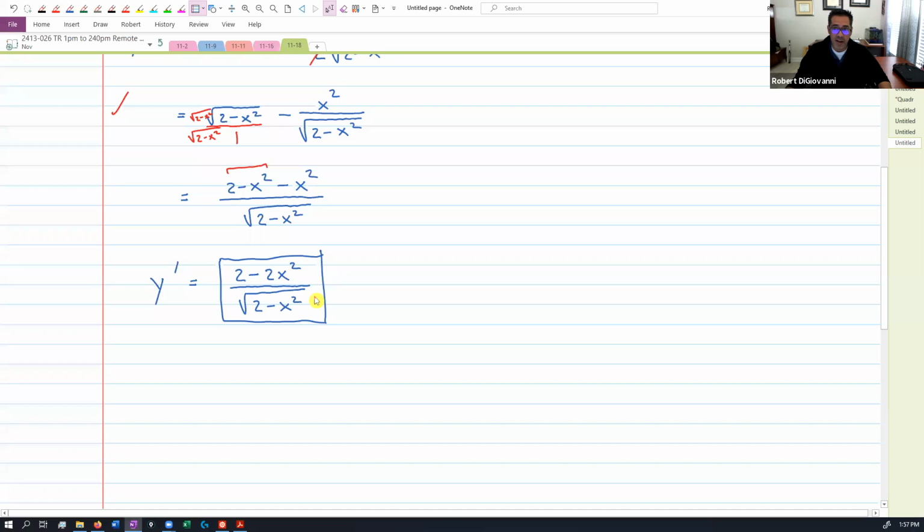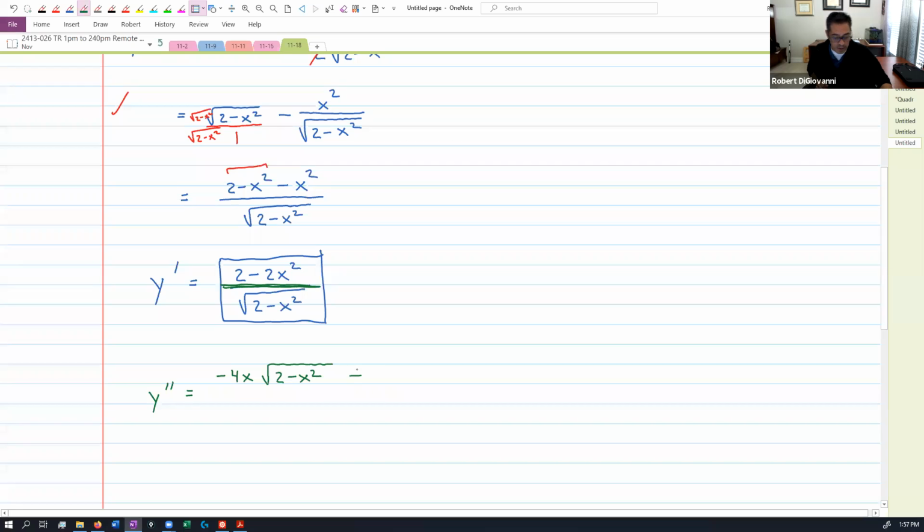So let me go with the second derivative. And I'm going to have a nasty quotient rule here, right? There's my quotient. So here comes my quotient rule. Second derivative. Quotient rule says I take the derivative of the top, which would just be -4x, times the bottom, which is the square root of 2 minus x squared, minus, now the derivative of the bottom,